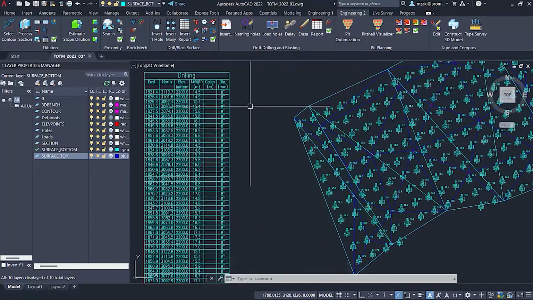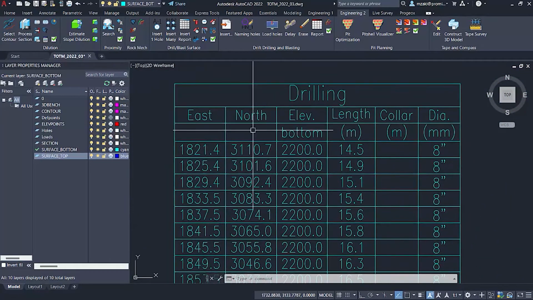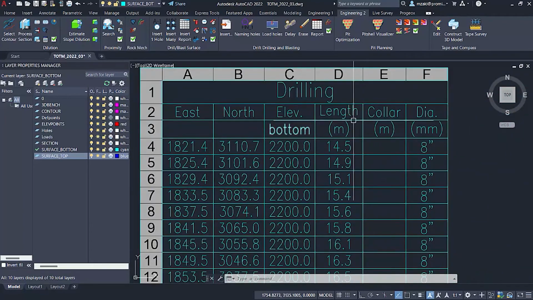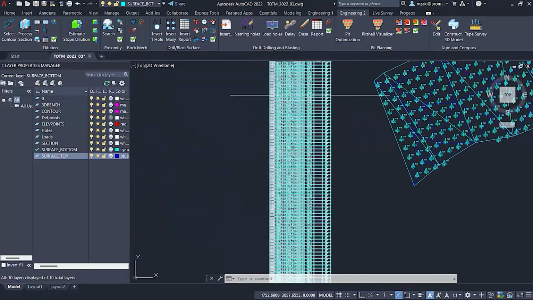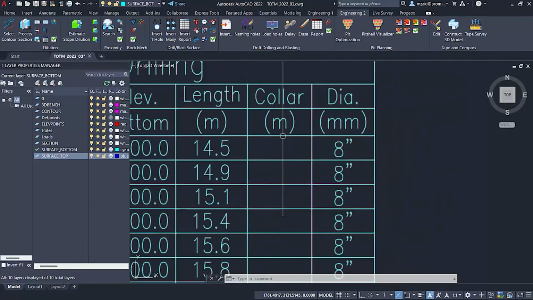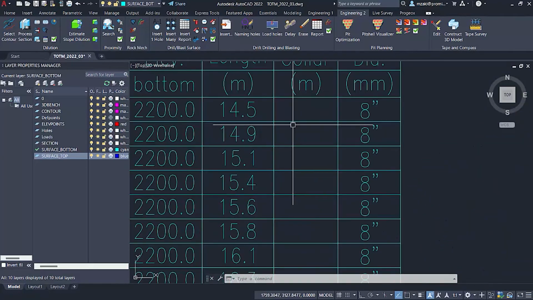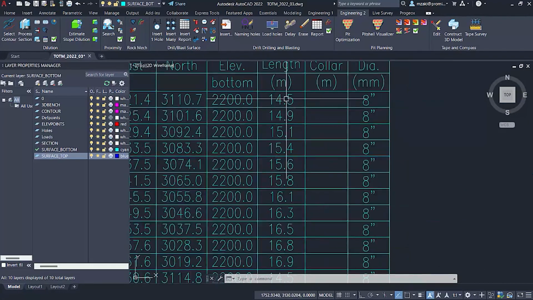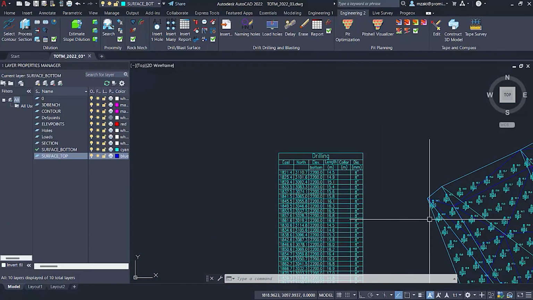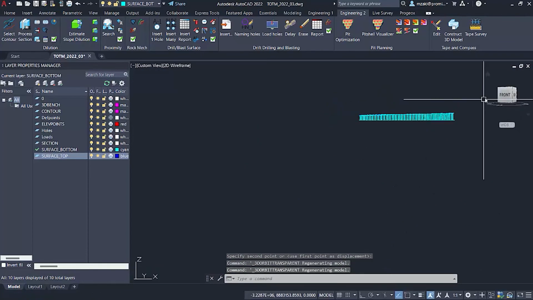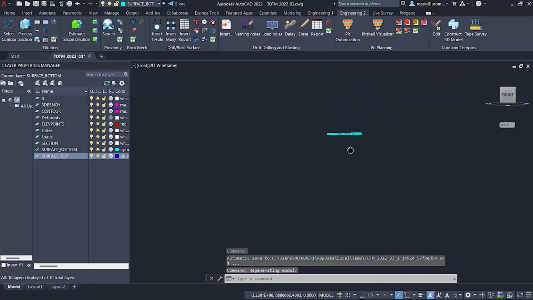So once the report is inserted, you're going to be able to insert it anywhere in the drawing. And as you can see here, we have details for each drill hole. So we have the east, north, elevation, length, color, and diameter. So in this case here, since we didn't have a specific elevation defined for the color, it's basically empty here. But we have other information for that drill hole. So let's say here, the length depends on the exact elevation of each point on the surface. So as you can see here, because both surfaces are not exactly flat,